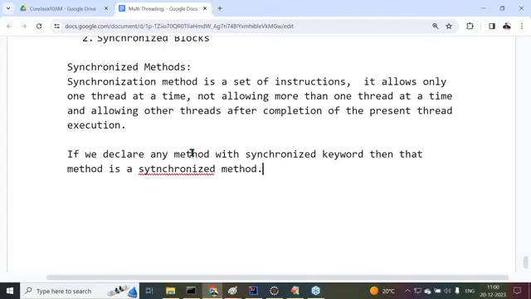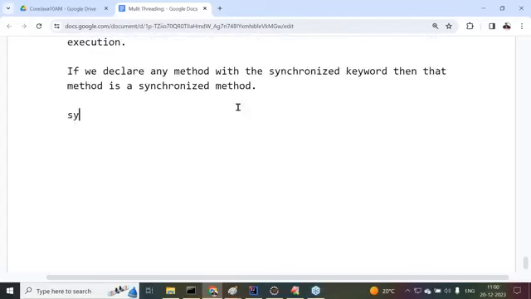If we declare any method with the synchronized keyword, then that method is what? A synchronized method. Right, so I'm telling you an example now. See this one, the synchronized keyword, here we provided synchronized void m1 method.